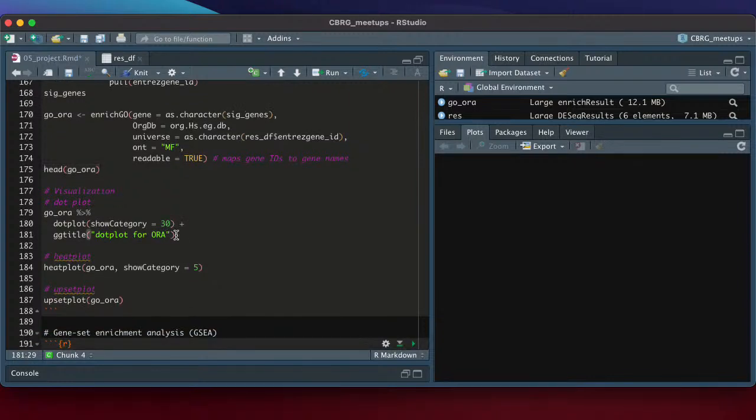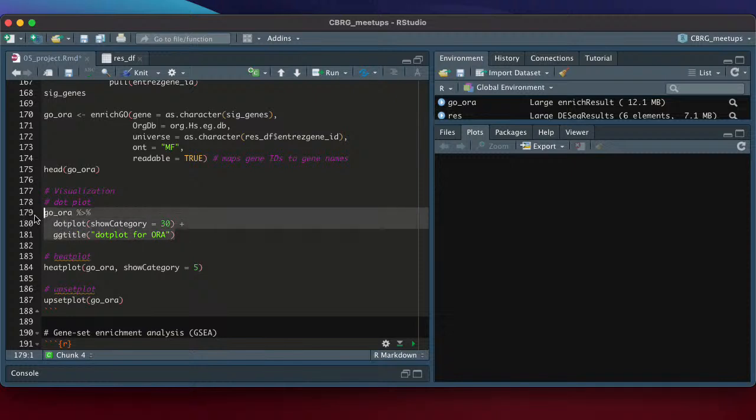And I forgot to mention, but there are many approaches to doing overrepresentation analysis, many packages you can use. The reason I use this specific one, clusterProfiler, really is because of its visualization tools. So we have this go_ora table that's the result of the ORA analysis, but visualizing it is always nicer.